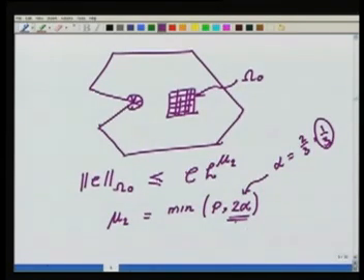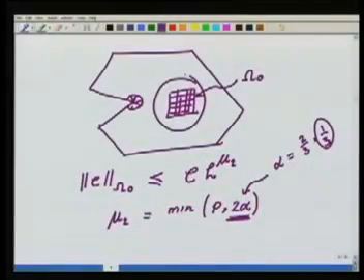Okay, that's why this 2 alpha comes into play. So even if I am interested in this region, I will have to do the mesh design in such a way, near the corners, that the influence of the singular term becomes small here. So the refinements have to be done there,